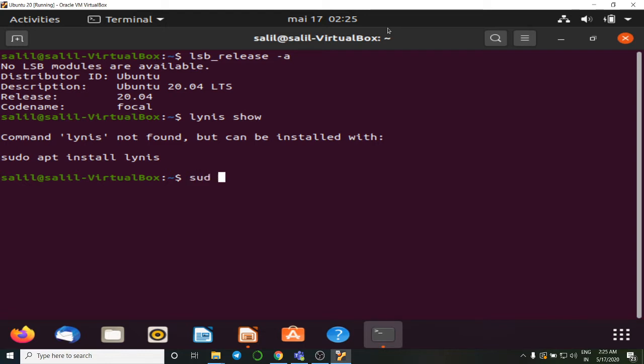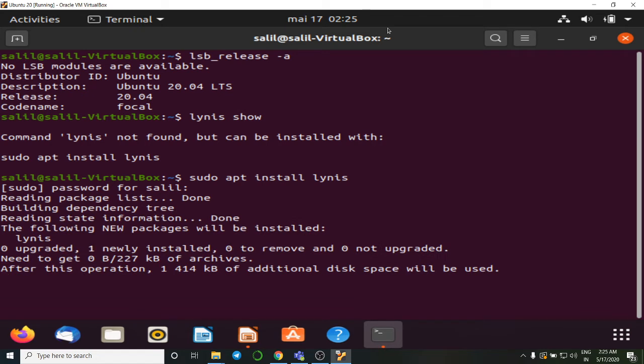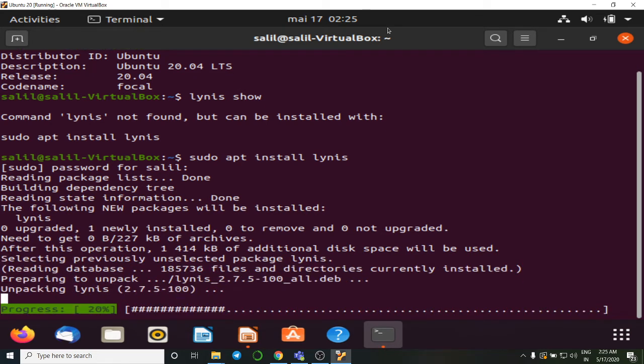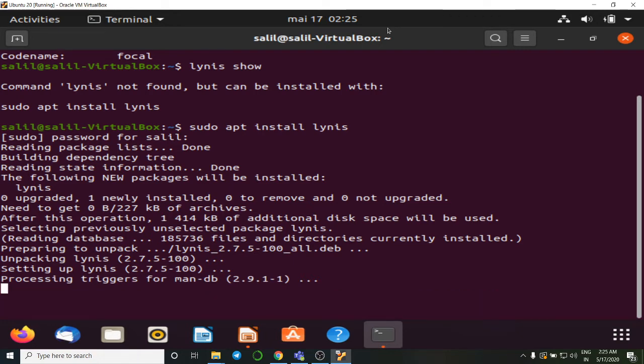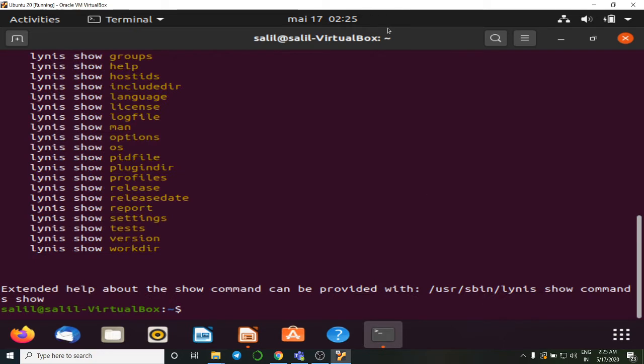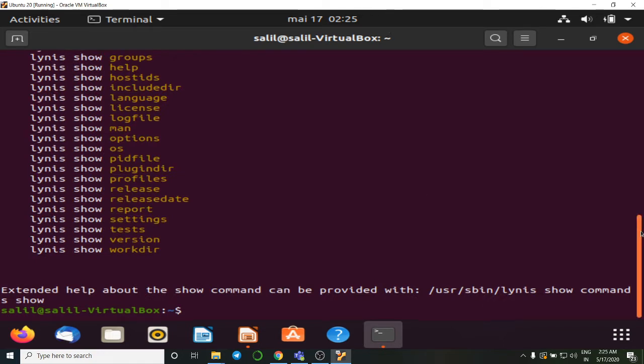So I follow the command sudo apt install lynis in order to install Lynis. It asks me the password of the system. I type the password and it's installing. Just after installing Lynis, I will go to the basic command of Lynis, which is lynis show, which shows us the parameters and arguments available in the Lynis tool. So there are lots of